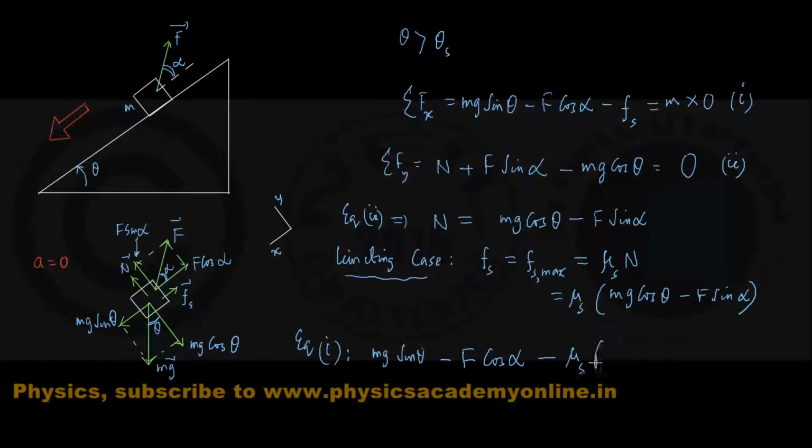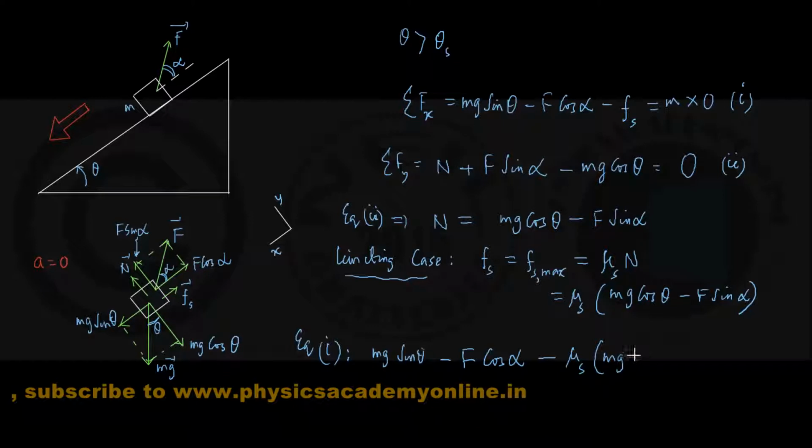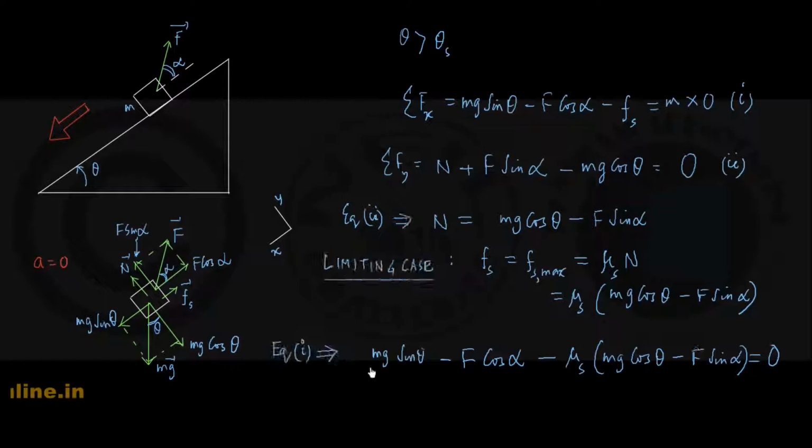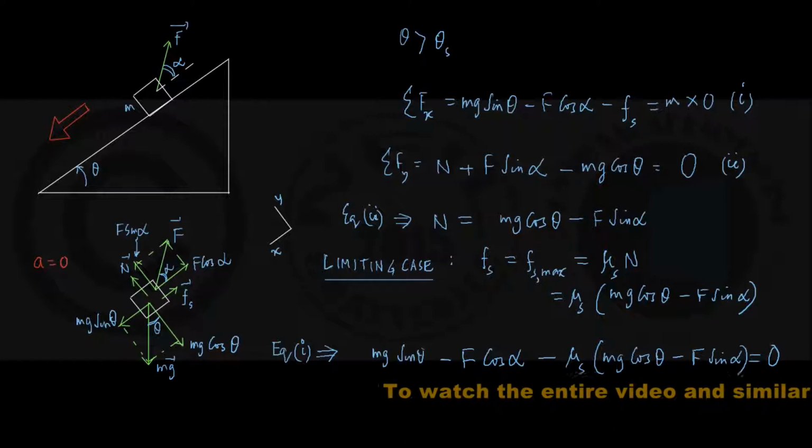that it's coming out to be mu s, and in bracket mg cos theta minus F sin alpha, is equal to 0. Now proceed from here, this last equation. As I can see, if you open the bracket, I am getting F cos alpha here and one more term involving F, that is F into mu s sin alpha. Be careful about it. Bring F onto one side, take other terms to the other side, and show eventually,